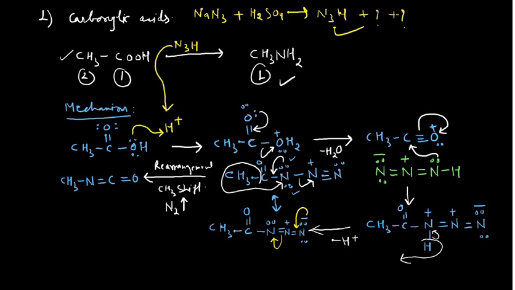So now what can happen in the next step? You will have your water. That would attack on this carbon, and this will come here. And when this happens, you have this species, which would be CH3, N double bond carbon, single bond oxygen with negative, just like that. This is oxygen, this is hydrogen, this is another hydrogen, but this is with positive charge. So this species you can have, right?